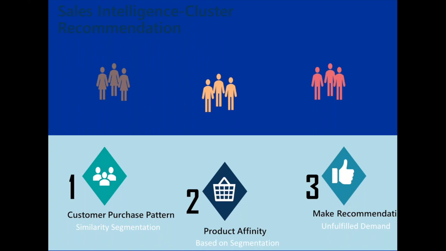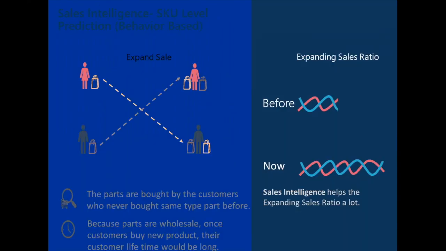So using product affinity based on marketing segmentation, we are able to provide recommendations to the customer, and this works not only in parts but also in the banking sector. It works in employee retention. It works in other logistics areas as well, as well as retail, where you're making recommendations on unfulfilled demands. What that did was expand their cross-sell ratio. The organization was then able to sell a lot more inventory, get it out the door, and increase sales at the same time. And using the cash flow they had from the warehouse, they were able to buy more stock and sell more stock, thereby increasing their sales.